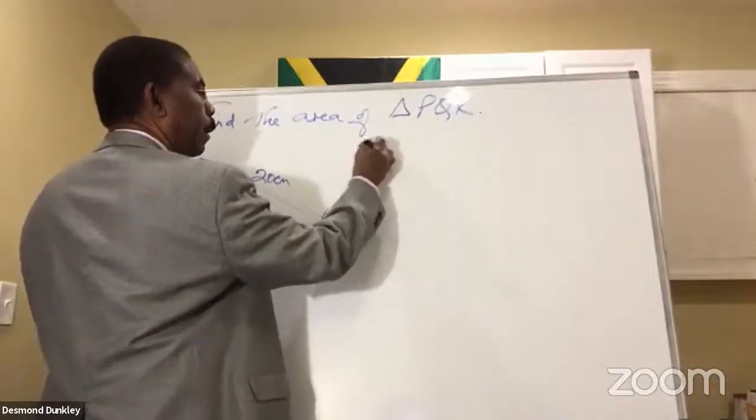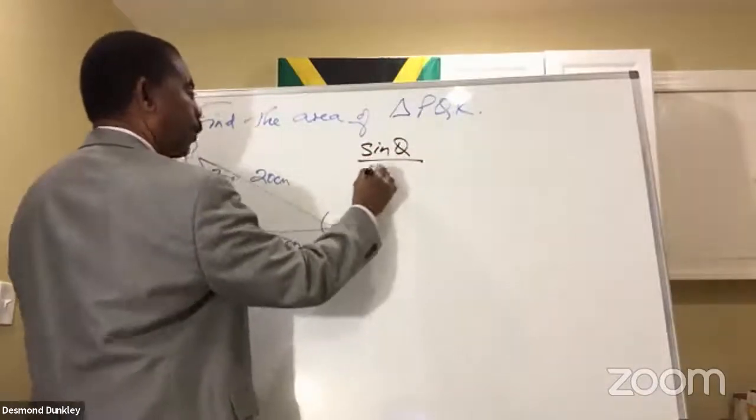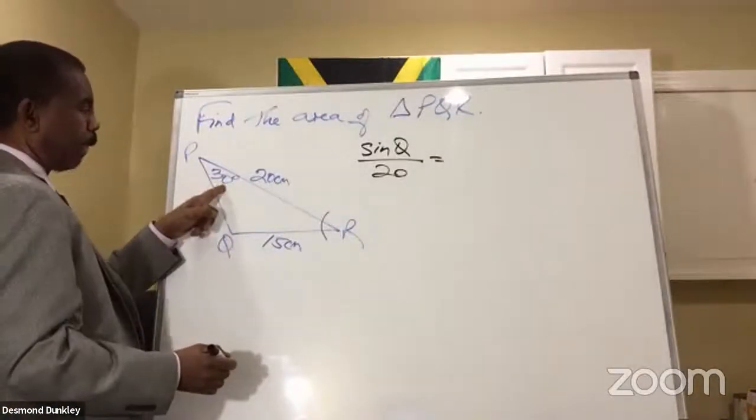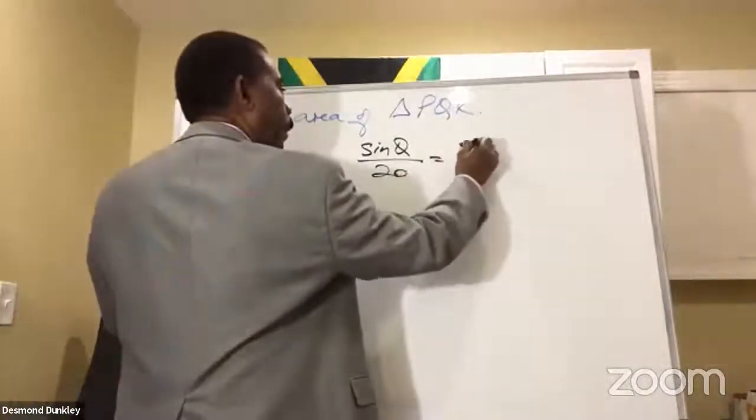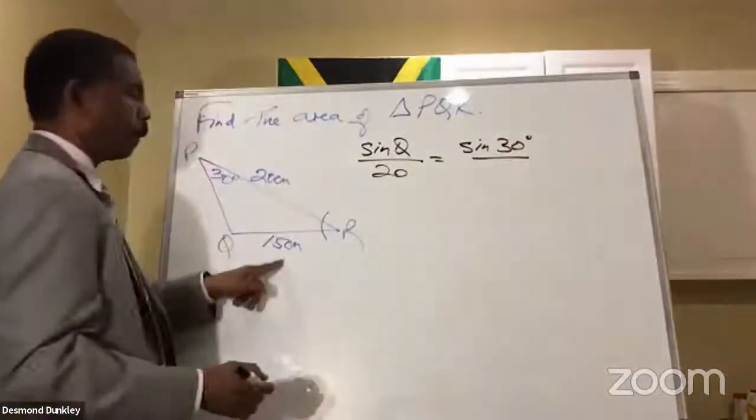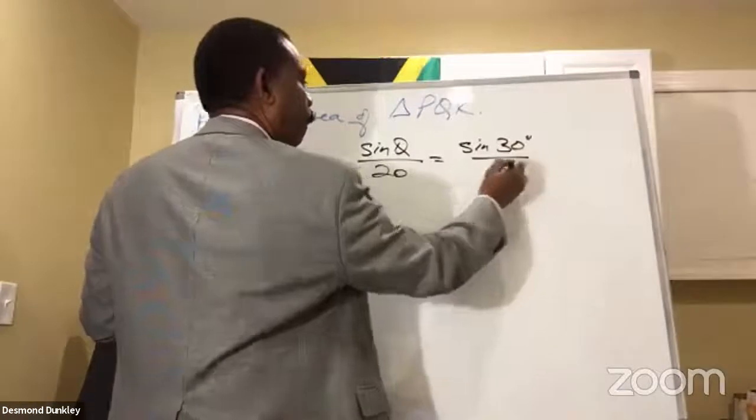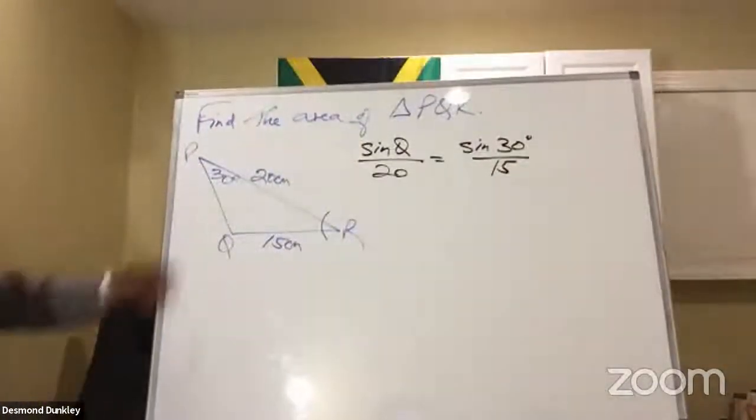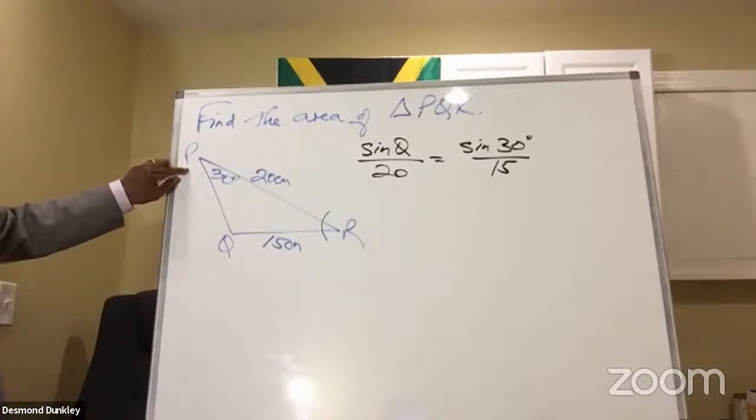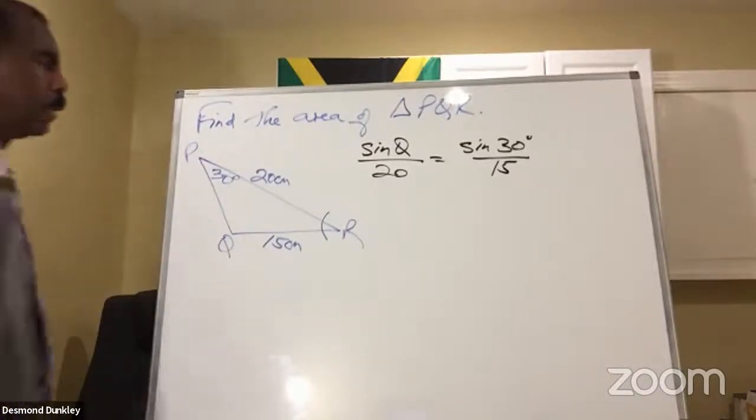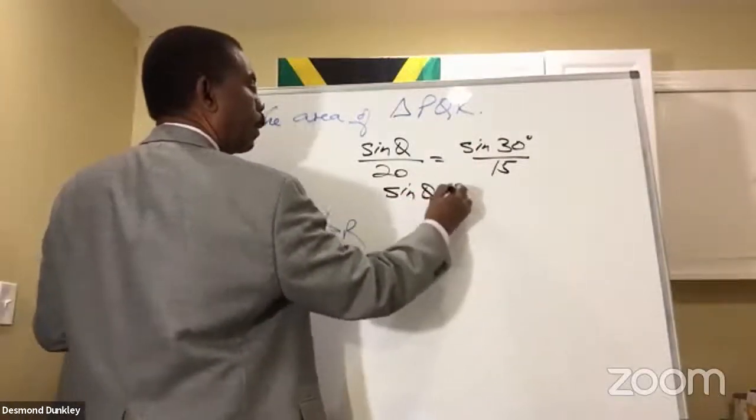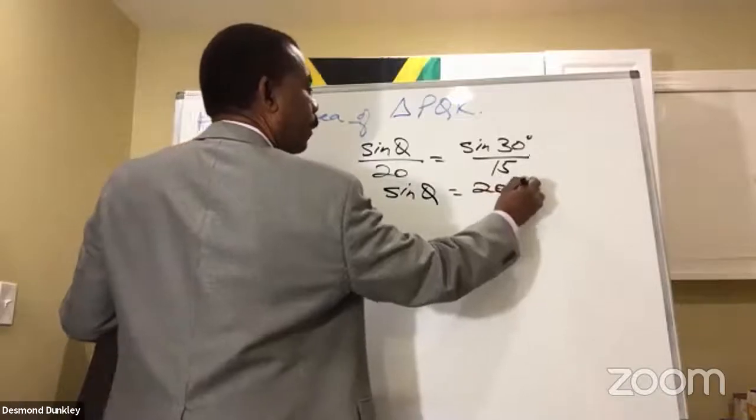Sine of Q over 20 is equal to sine of P over 15. So sine of Q over 20 is equal to sine of P, which is 30, over 15. Multiply, and we end up with sine Q equals 20 sine 30